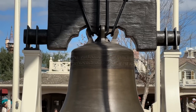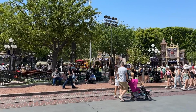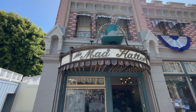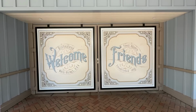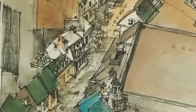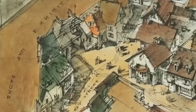Boom, Liberty Square, home of freedom at the Magic Kingdom. But let's just do this for a second. Let's imagine walking off Town Square in Disneyland, going just past the Mad Hatter and entering into Liberty Street, where we walk along a tight corridor of 13 different buildings that leads us to a small fake harbor on the left,